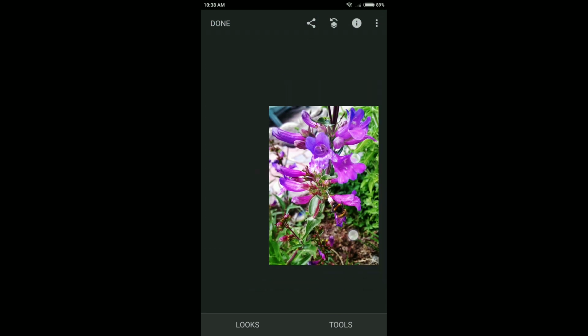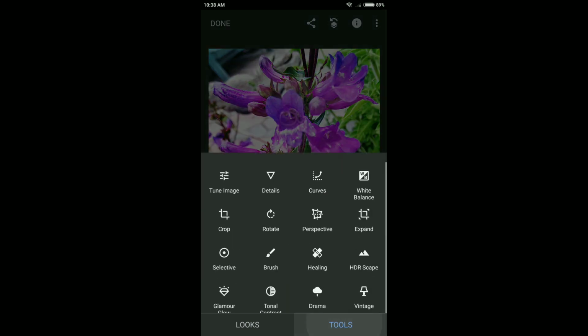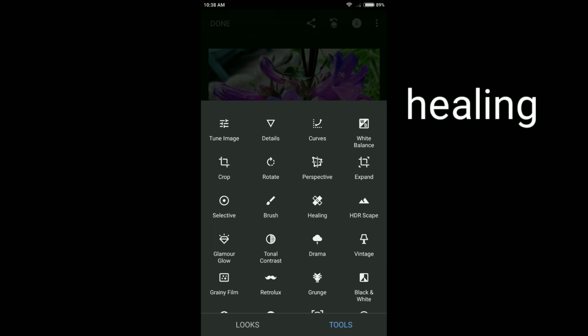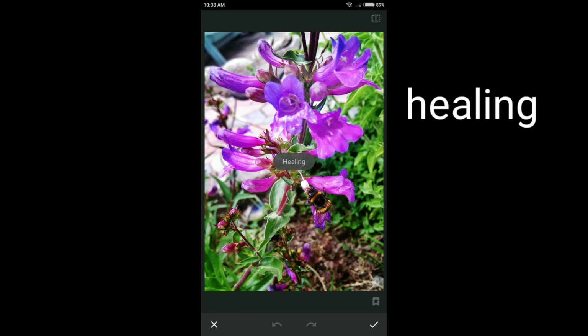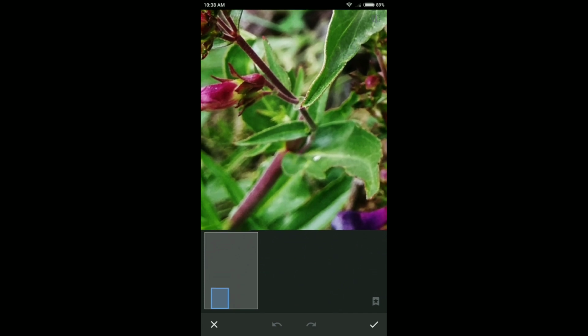Okay, so we've now got our image, and once again this is what it was like, and this is what we've done with it so far. We haven't done too much serious editing, but I think it actually looks quite nice. If we need to, we can do healing if there's a part of the image that we don't particularly like, and I think maybe that little bit of the stalk there would be nice if it disappeared. So in fact we can just go through